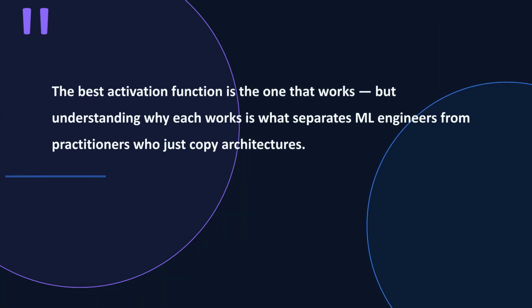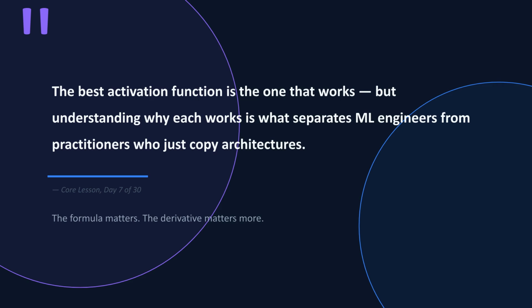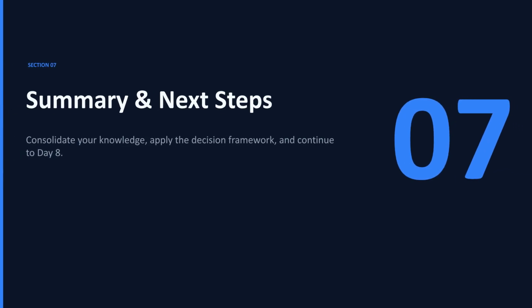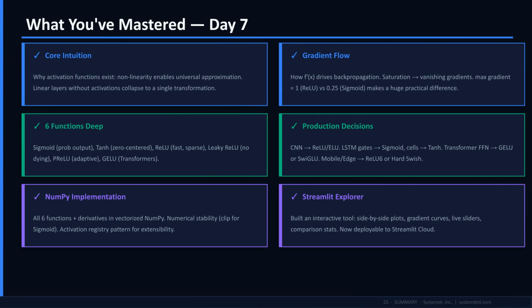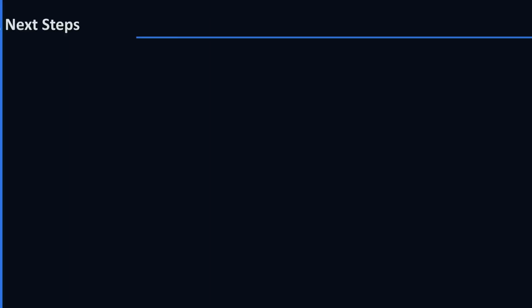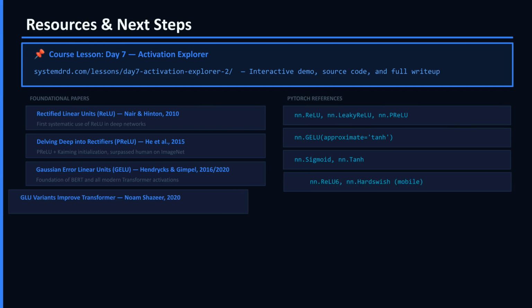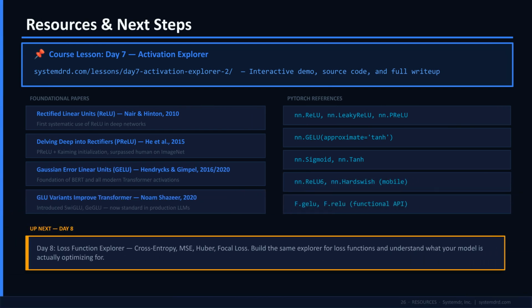The best activation function is the one that works, but understanding why each works separates ML engineers from practitioners who just copy architectures. The formula matters, but the derivative matters more, especially in saturation zones. This final section reviews all the key concepts we've covered and outlines the next steps in the series. Today, you mastered core intuition, understood gradient flow, analyzed 6 functions deeply, learned production decisions, and built the NumPy implementation and the Streamlit Explorer. The full resources, including the interactive demo and source code, are available at the course lesson